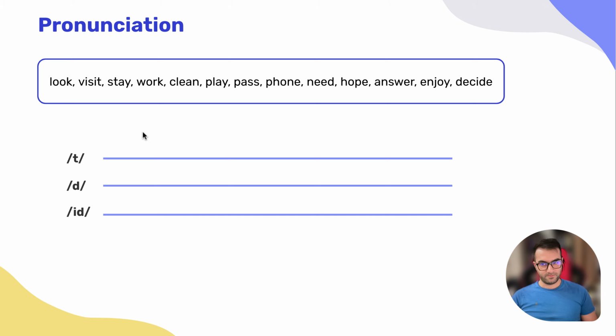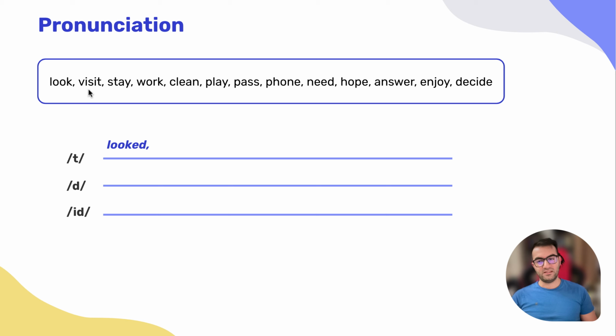In the past simple, regular verbs, because they accept ed, can be pronounced in three different ways. One is with t, the other one is with d, or ed or id. So t, d, or id. For example, let's take the first one, look. When we pronounce look in the past, we don't say look it, because it doesn't sound right. We say looked, right? Looked.